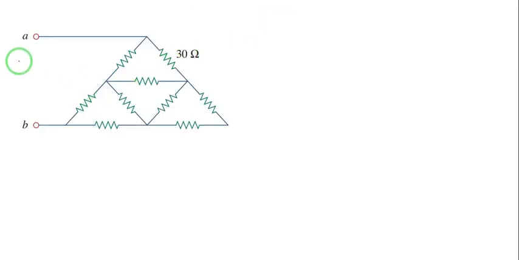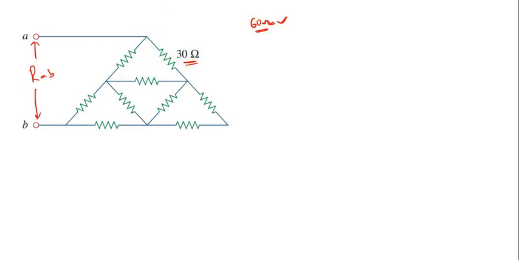Now you can see here, between these two terminals we need to calculate the equivalent resistance, that is RAB. In this circuit all the resistors are 30 ohms each. In some competitive exams 60 ohms is given. Very important model this is. Only the value will be changed, the model is the same.